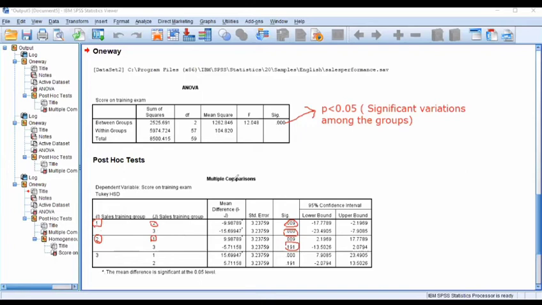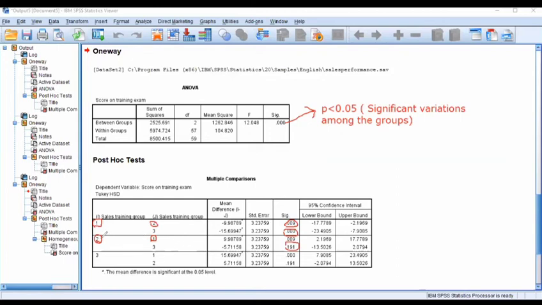So we find that 1 day training program is not better than the 2 days and 3 days training program, and so 2 days of training program should be given to the salespersons in order to have significant improvement in their performance.